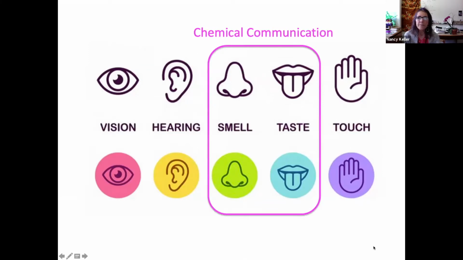Fungi actually share a lot of perception with us. They don't have a nose per se or a mouth per se, but they do perceive chemicals much the same way, analogously to, let's say, people with their smell and taste. Fungi do have vision as well, and they do have touch responses. I'm not sure about hearing, but today we're going to talk about chemicals.